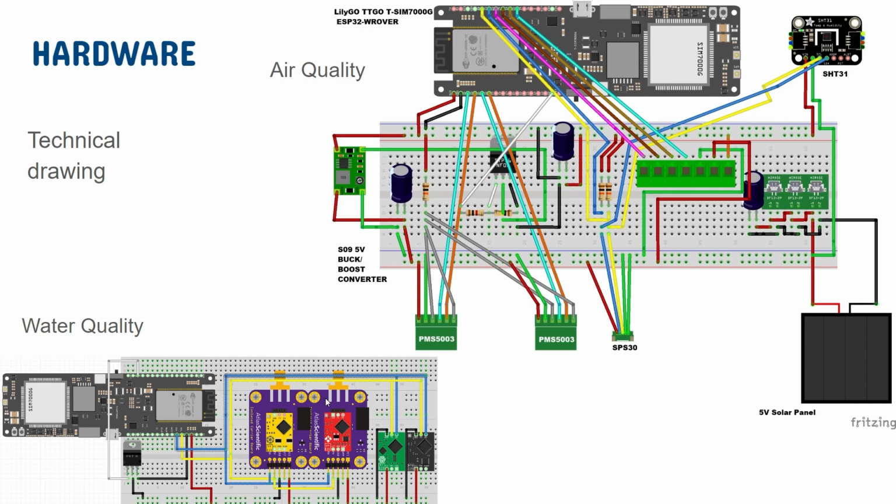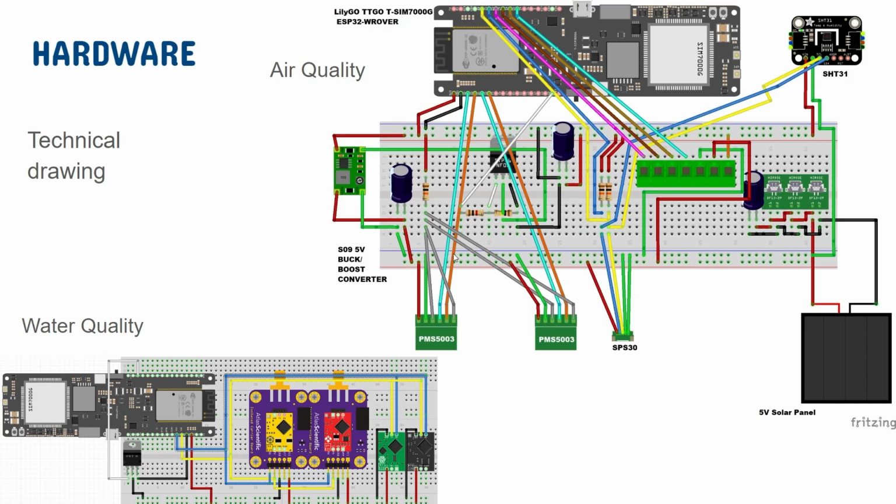Must note that the water quality monitoring system uses the same components as the air quality monitoring system, except for the PM sensors, the SHT31, and the buck boost converter. Only the distinct components are shown in this wiring diagram, but the water quality also uses this solar panel and also these capacitors,